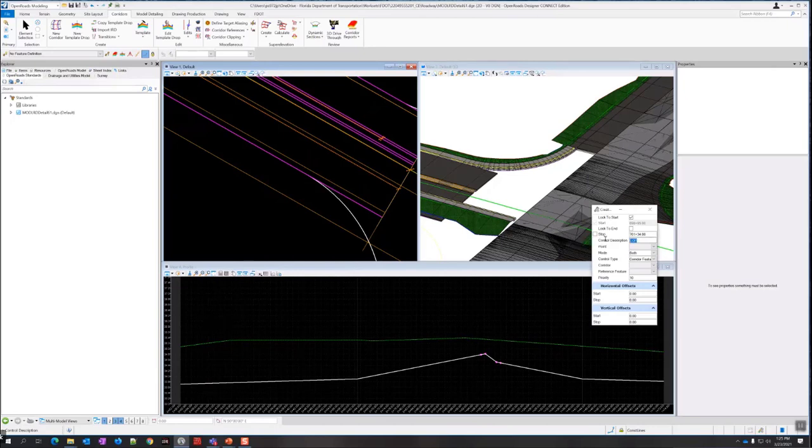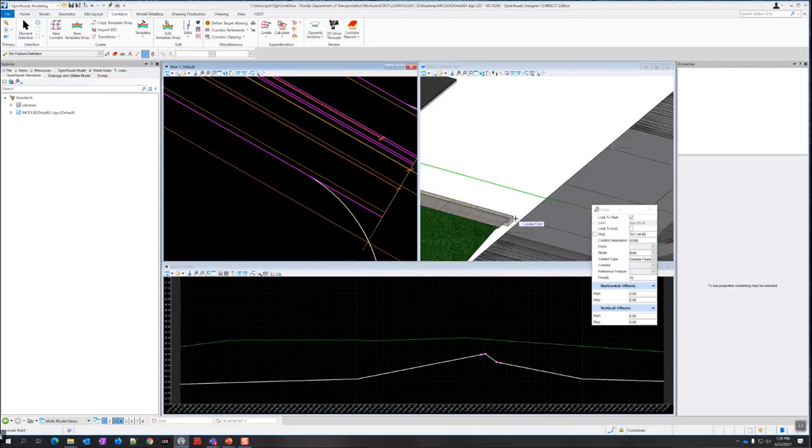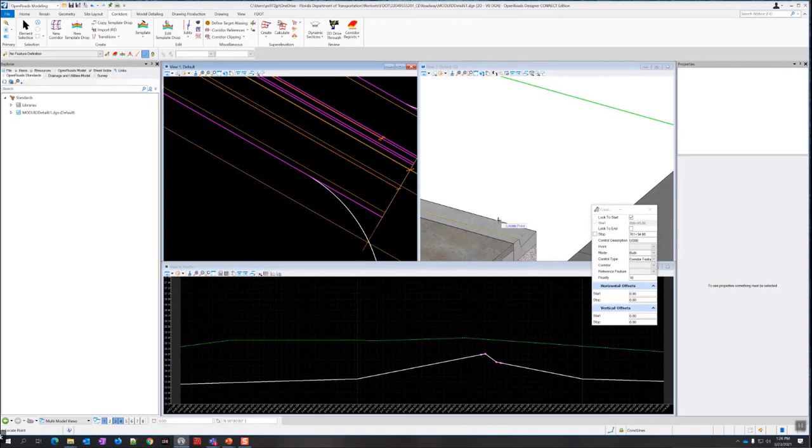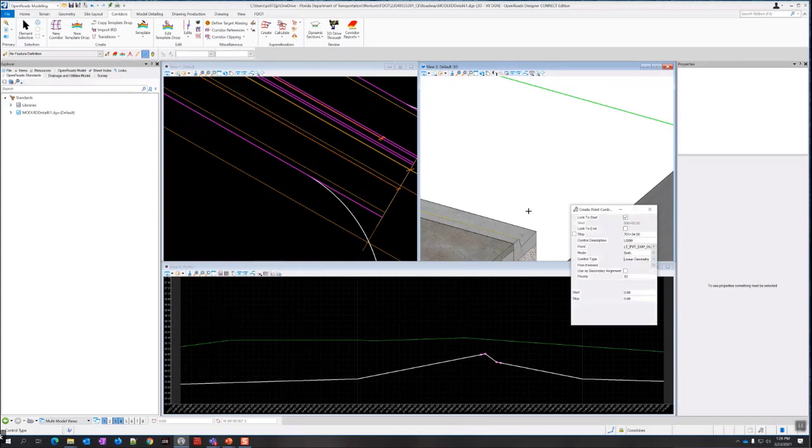Control description is going to be US98, just like we did for the other one. The point I've got to select in the 3D view was edge of pavement, LTPVT EOP out. The mode is both. Control type needs to be linear geometry.